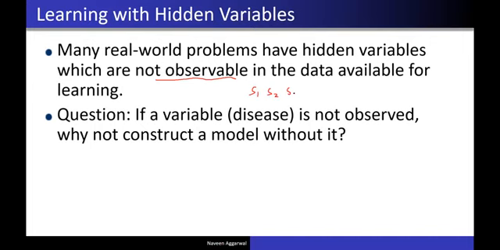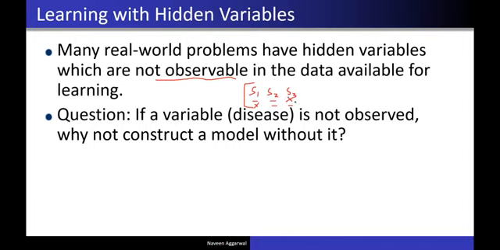The first patient mentions two symptoms and says nothing about the third symptom. Another patient mentions only S2 and S3. You might have seen that even if you state only a few symptoms, the doctor is still able to predict the disease. Our model should be like that, because humans are very good at predicting something even if something is missing.